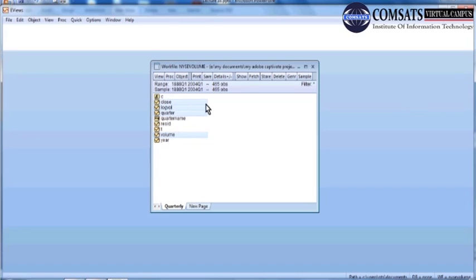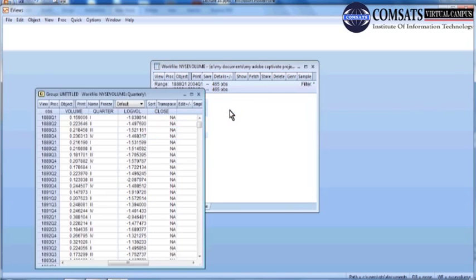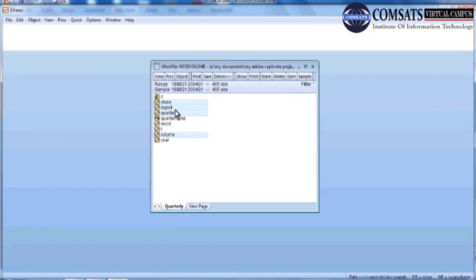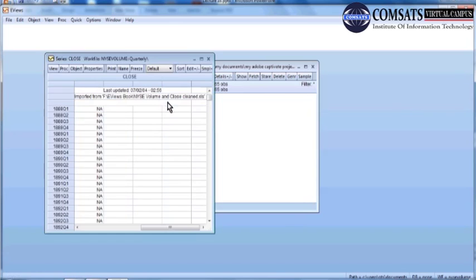These are some of the variables. So if I open these variables in terms of their data sheet, since these are simple quarters and this is close, I think it is not advisable to show this. This is volume, and let's see what is here.